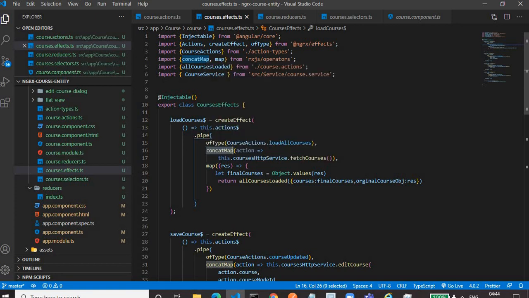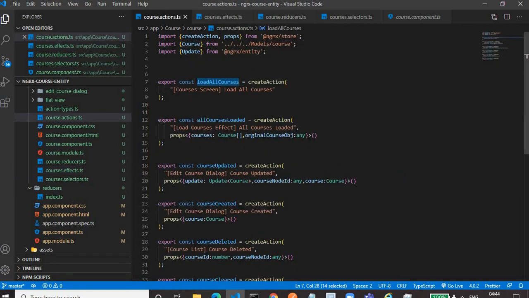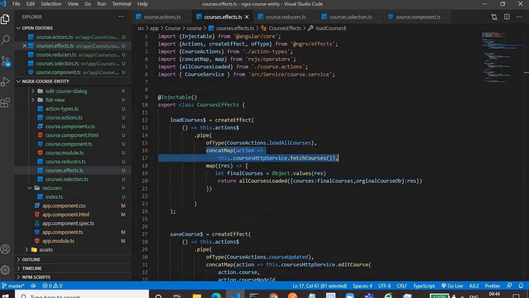Then we have a map operator. Once we get the data from the database, next we have to dispatch the second action to store the data retrieved from the database into the store. So for that we have a map operator.